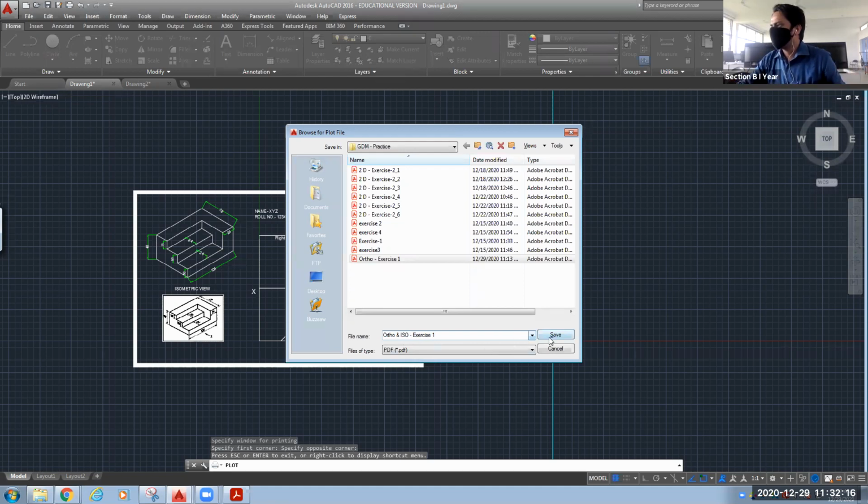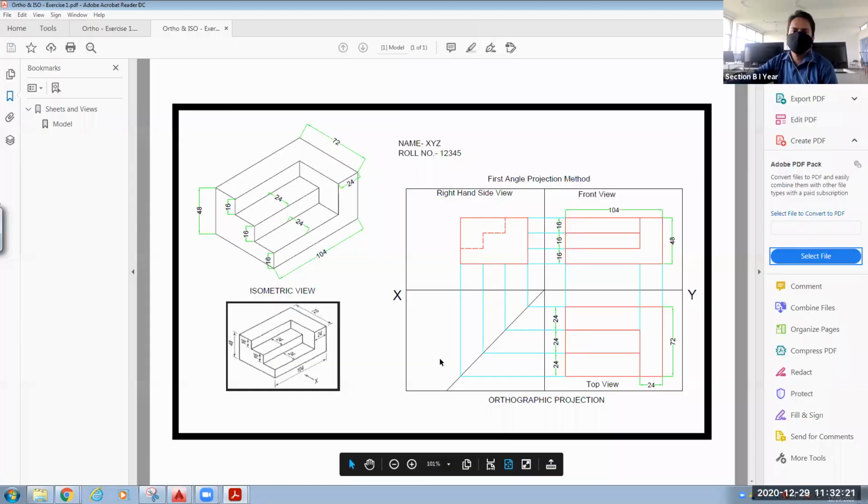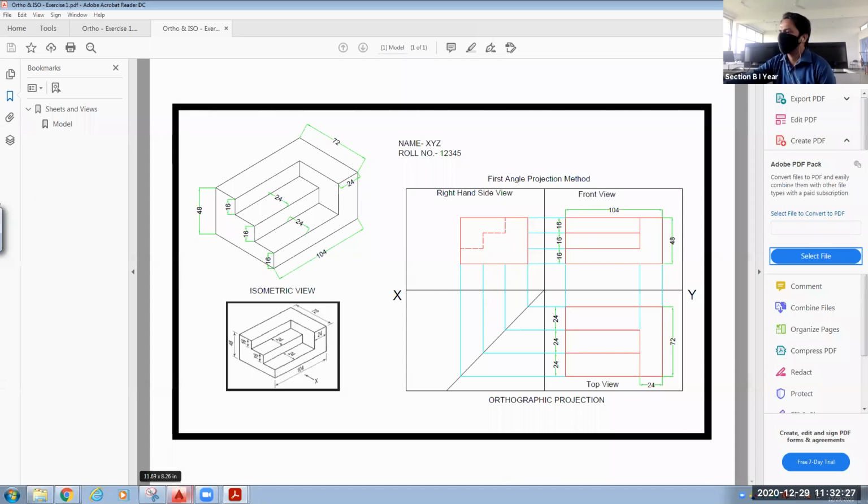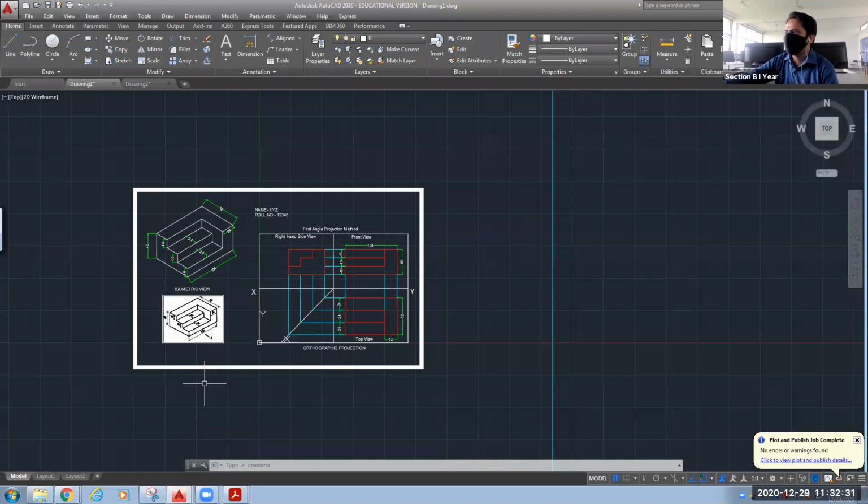Exercise 1. Save. So now you can take the printout and keep it in your record book. This was the first drawing.